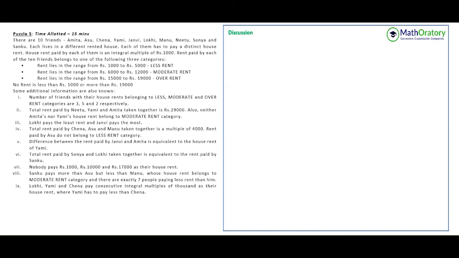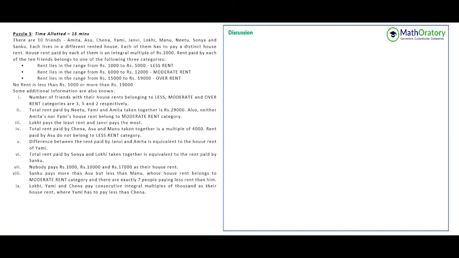So there are 10 friends. Notice the names when you're looking at it. Just not read exactly, but just have a glance through it. You'll understand there are a couple of A's and a couple of S's. I don't like to take the entire name all the time. That's too much time consumption on every information. So that is why I look at those kind of things. Anyhow, it doesn't matter. You can look at that later as well.